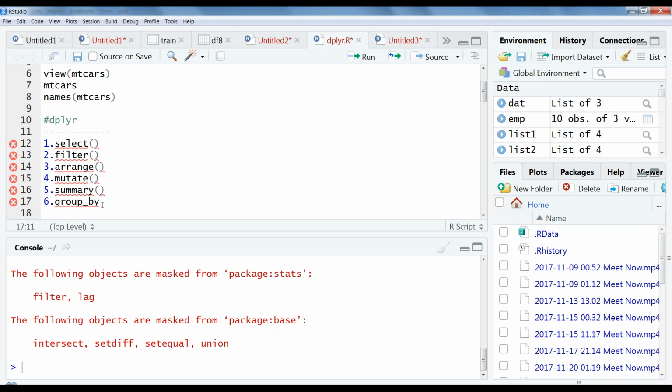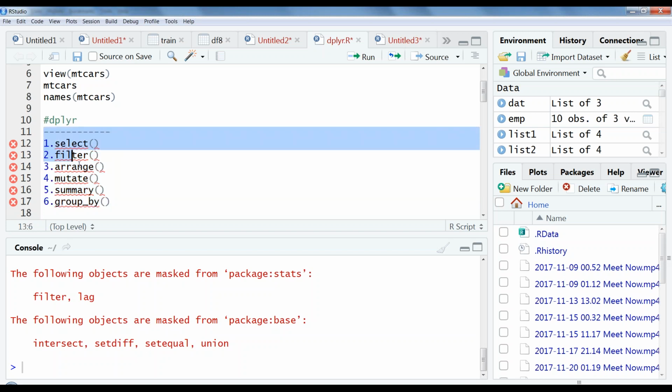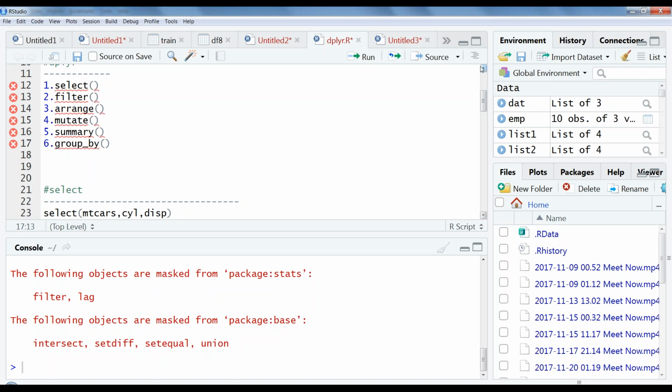These are all very simple functions under the dplyr package. For those familiar with databases, it will be very simple compared to others, because these are the same set of things we use in a database as well. They are very simple if you are expert in databases, or beginner level if you know the basics of databases. The same kind of functionality is shown in the dplyr package as well.